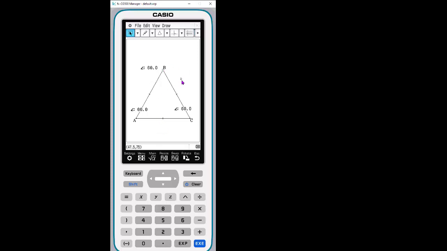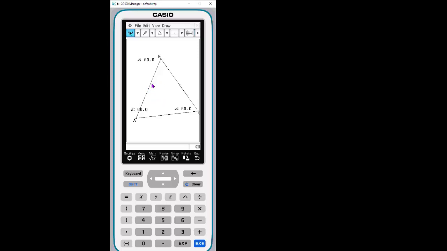You can change this triangle by selecting a vertex and then moving it. Notice it's a different triangle. I could make it bigger, smaller, yet the measures of those angles still remain 60, no matter what size I made that triangle. So then students might ask themselves, is that true of the sides? Are the sides always the same? Hopefully they don't think so because they've seen that the triangle changed in size.